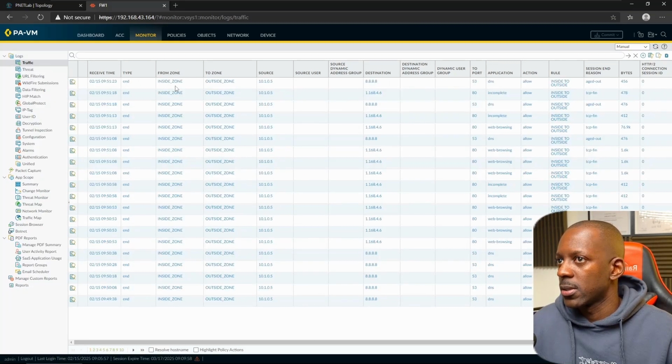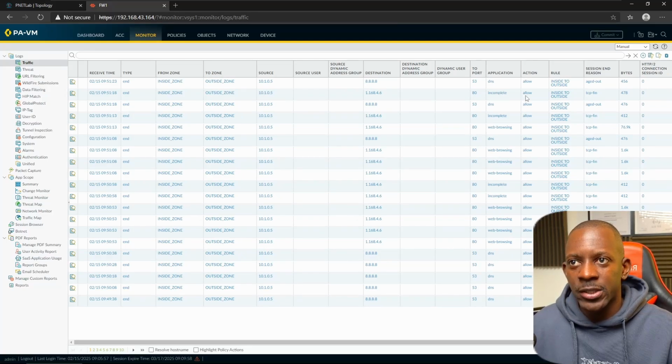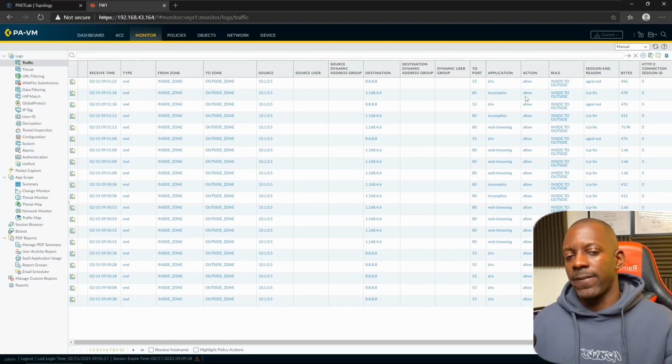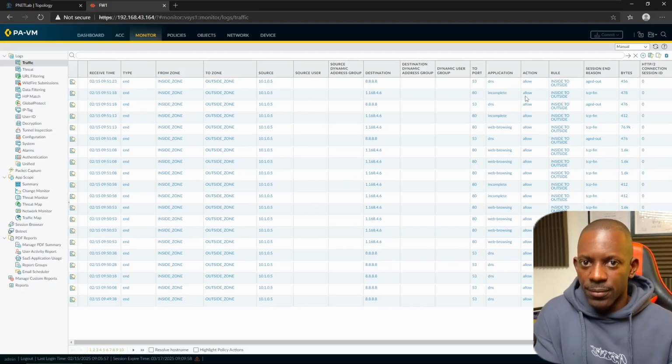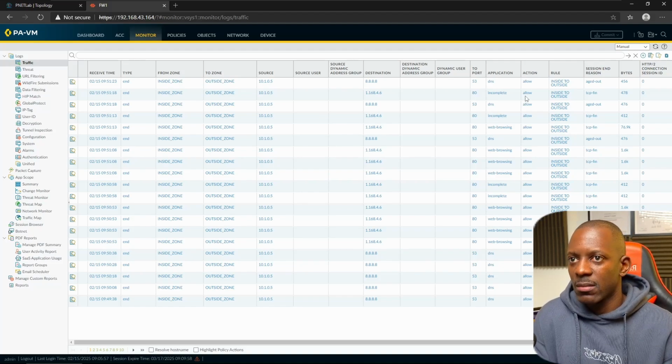And so this is the most up-to-date, from inside zone to outside, from source IP to this IP. It's incomplete, but we can see the action is allowed. So the firewall is allowing this traffic to pass through the firewall, but there is something happening in this period